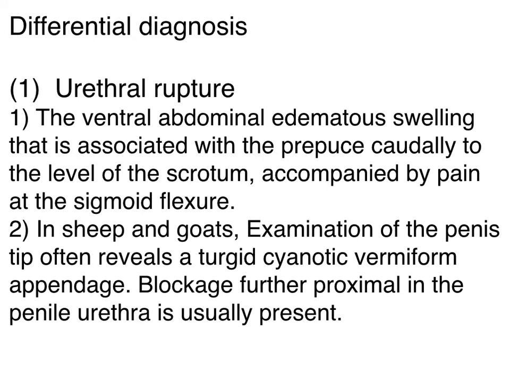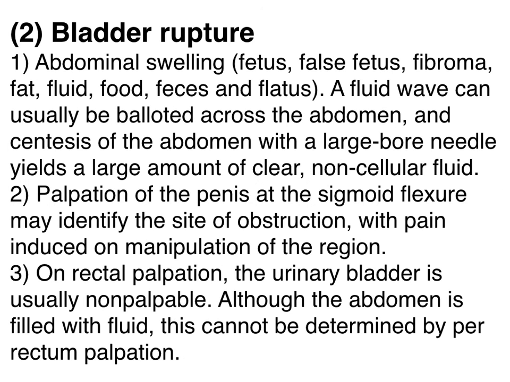In sheep and goats, examination of the penis tip often reveals a turgid, cyanotic vermiform appendage. A blockage further proximal in the penile urethra is usually present. As for bladder rupture: abdominal swelling, fetus, pulse, fibroma, fat, food, feces. A fluid wave can usually be plotted across the abdomen, and a large bore needle can be inserted into the abdomen